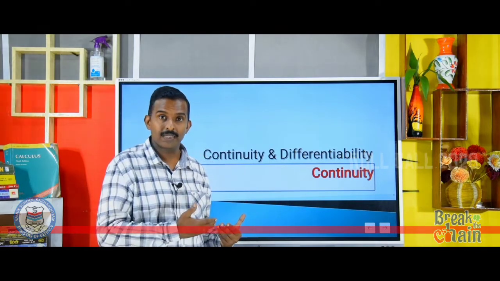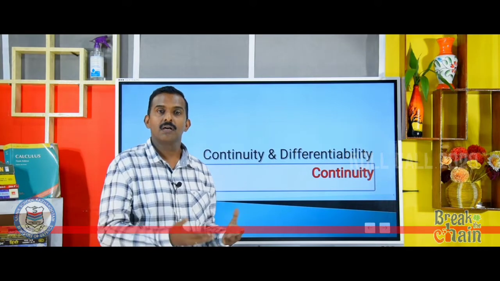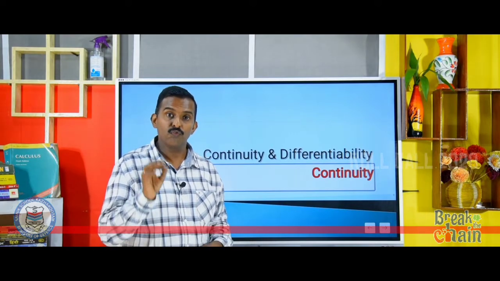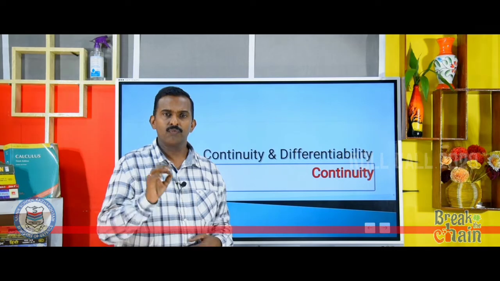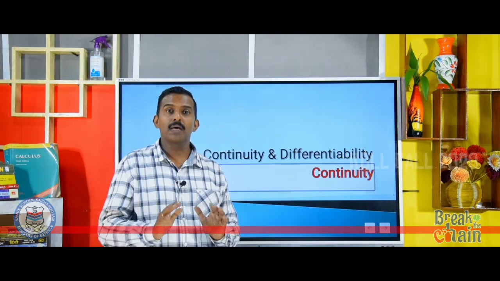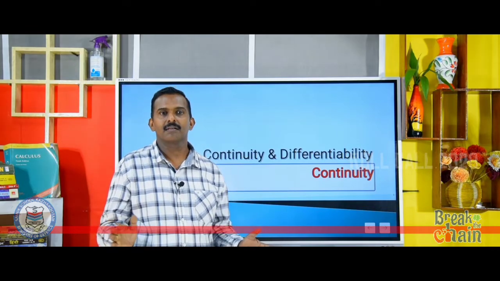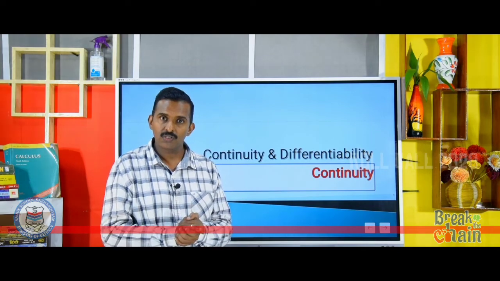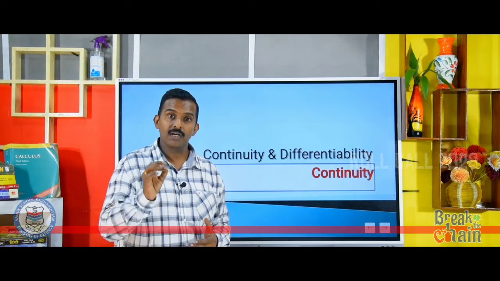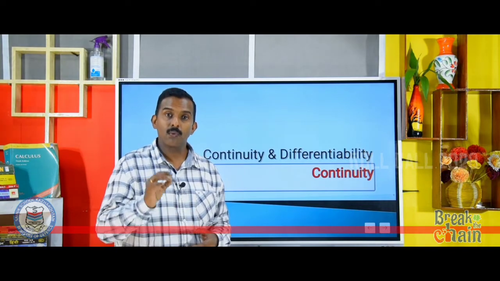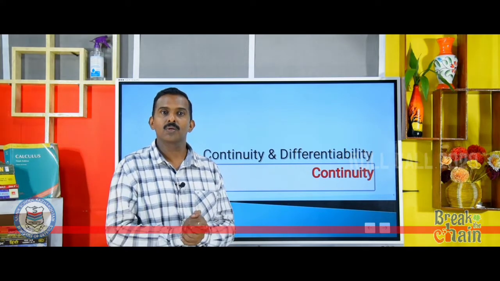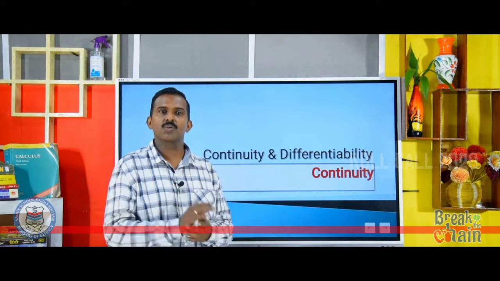Now we have gone through some examples, we have gone through some graphs, greatest integer function. It is not continuous at any integers. In fact, it has got infinite points of discontinuity. Then when will you say that a function is continuous? If a function has to be continuous, it should be continuous in its entire domain. Polynomial functions, trigonometric functions, rational functions, all trigonometric functions are continuous. Rational functions are continuous in its domain. f of x equal to 1 by x is continuous in its domain, and its domain is all real numbers minus 0. Modulus function is also continuous.